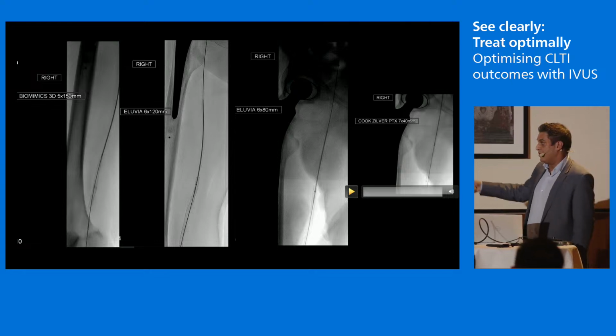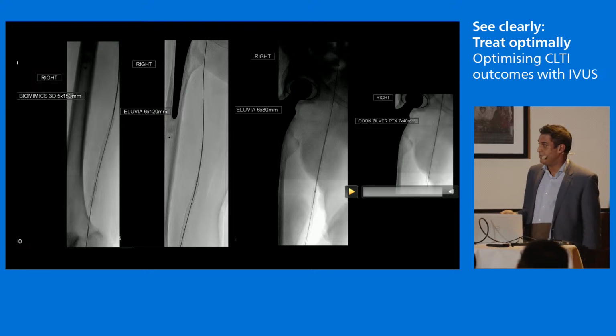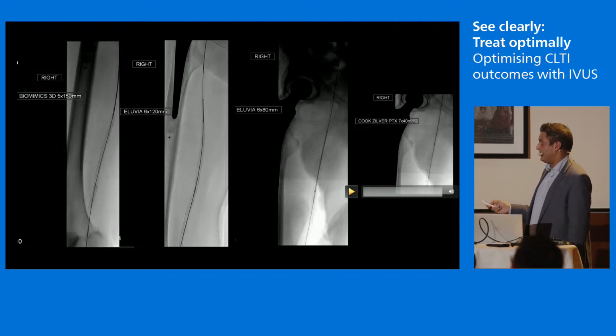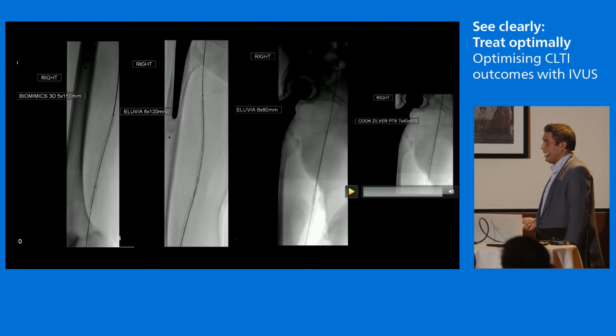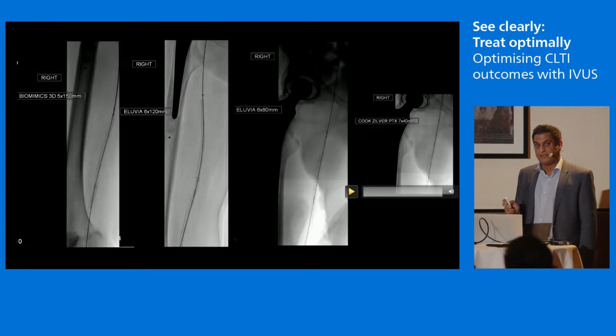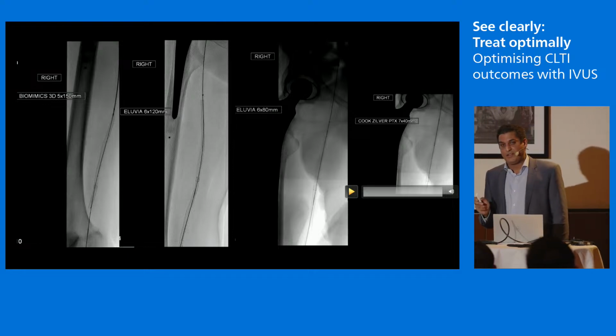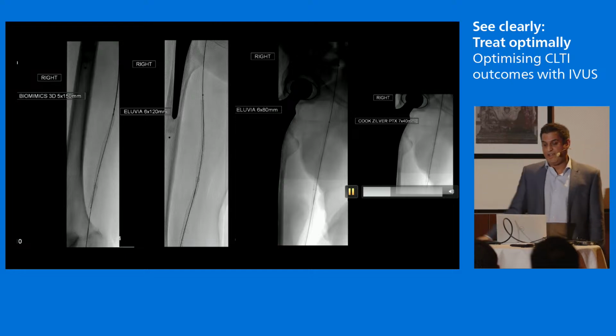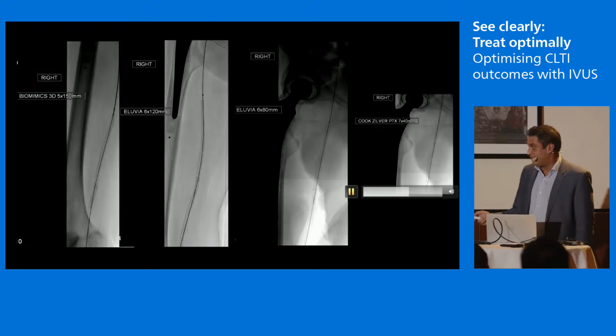I've already, in fact, got these stents not open but ready. I've chosen to use a Biomimics here because it's more distal. And then on table we have options of Alluvia, and eventually I had to use a PTX for the top because of what we had available. But this is an example of where using IVUS at the beginning gives you much more information that you can use throughout the case. And the difference is here. So I've stented,